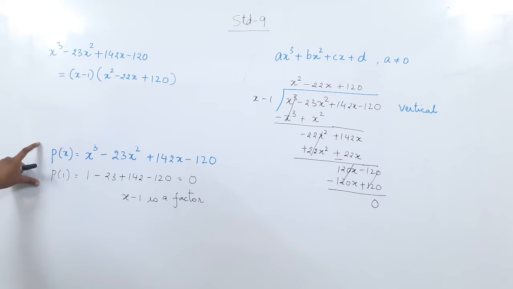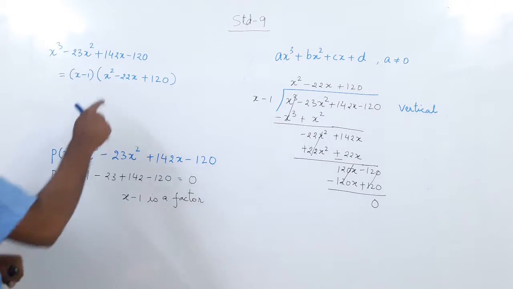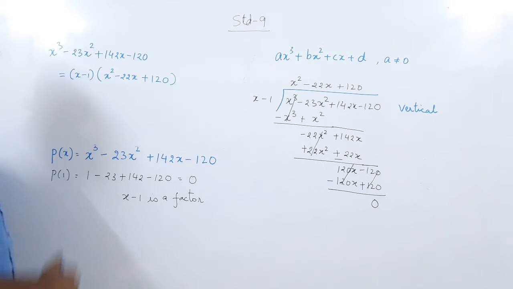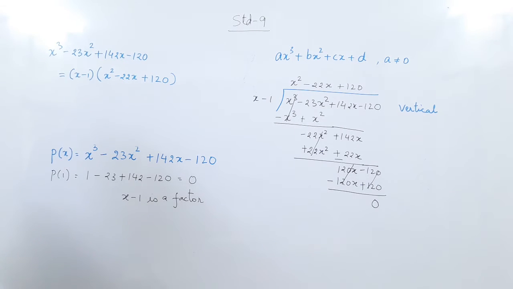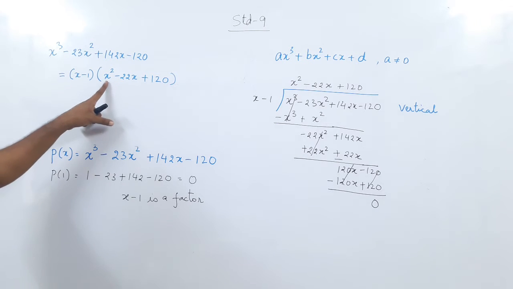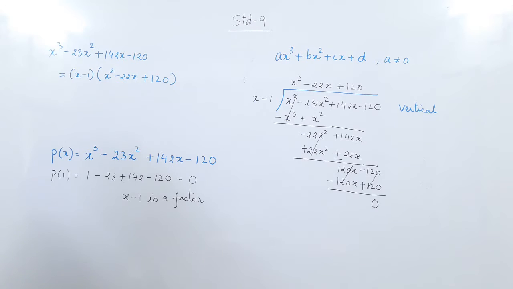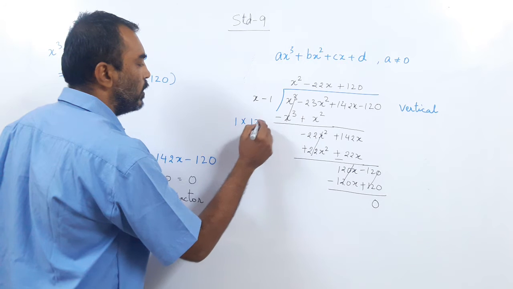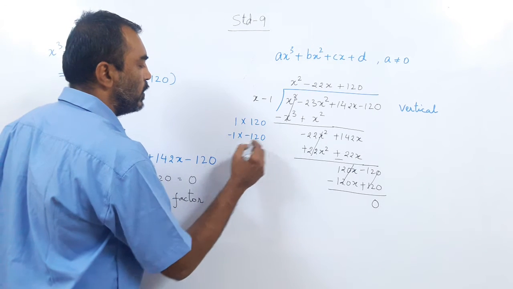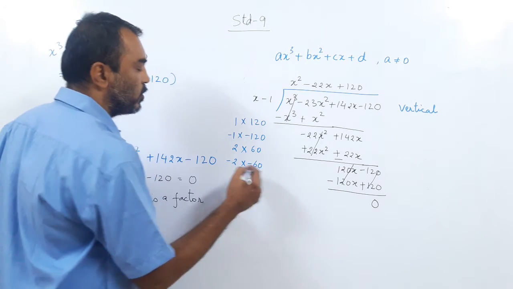So after doing this first step, finding the factor by long division, I got 2 factors, this and this. Now this is what you can see, a quadratic equation. Yes, you must have guessed, this is a quadratic equation, and this can be solved further, and you already know the method, which is splitting the middle term. So again, A is 1, C is 120, so 1 into 120 is 120. Note down the factors of 120, 1 into 120, or minus 1 into minus 120. Again 2 into 60, or minus 2 into minus 60, and so on.